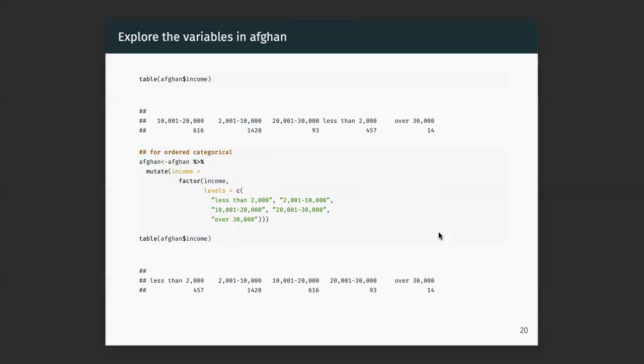R doesn't really understand, these do have an order to them, right? This goes first, this goes second, this goes third, this goes fourth, this goes fifth. R doesn't really understand that because it's a character, right? So it's actually just going to alphabetize it, where 1 comes first, 2 comes second, right? This has a 3, where this has a 1, right? And then the alphabetical comes last. This is where a factor can be useful in R, is then we can tell R